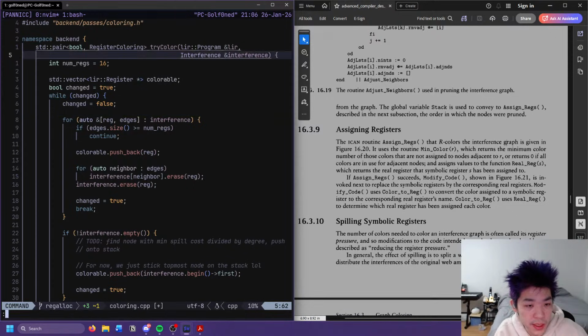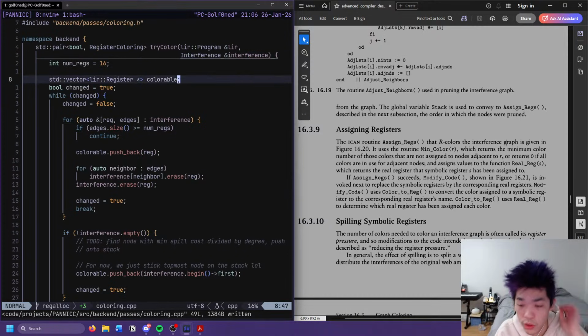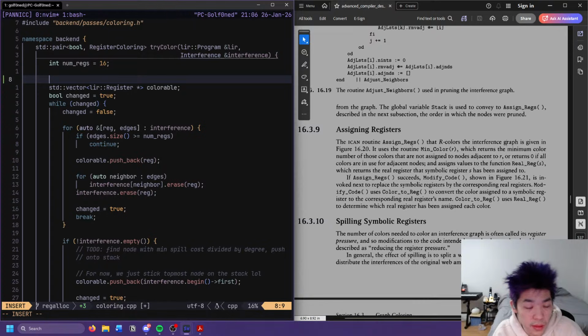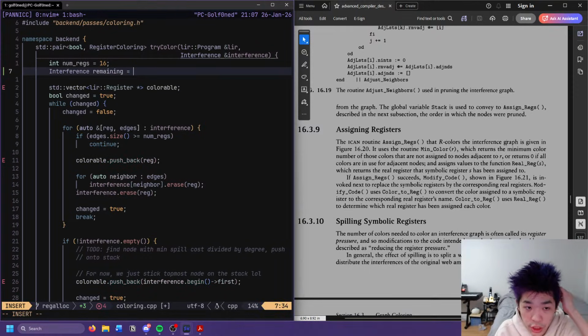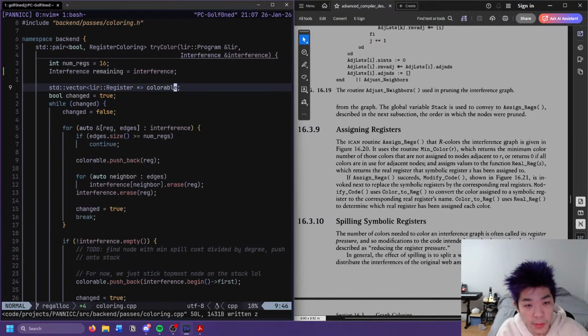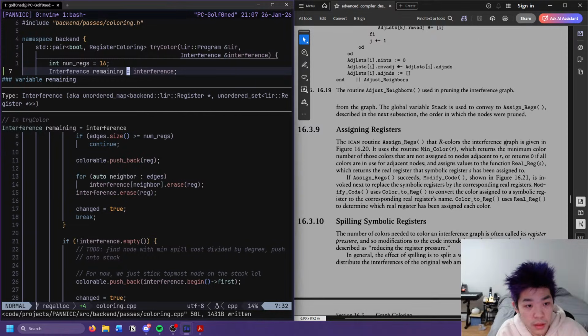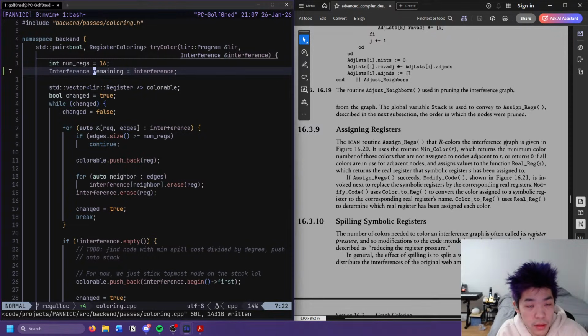Actually, let's do interference remaining. We can do that real quick. Let's assign that. So this should be interference, so we just make a copy there. That should be fine to copy at least. I'm fairly sure that makes a copy.